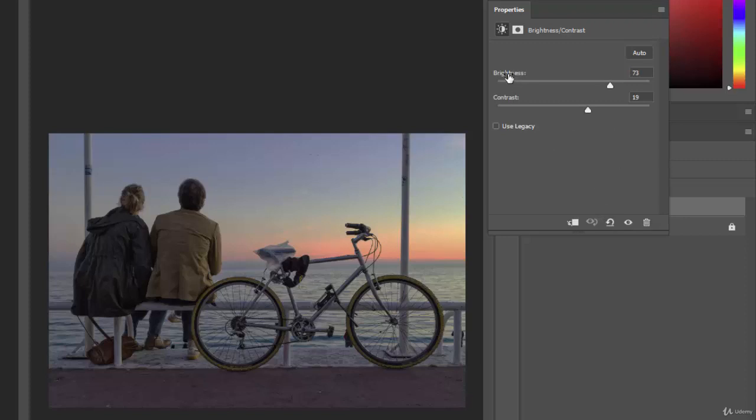You can also double click on the names here and reset just that one to 0. So if I want to just reset the brightness, I can just double click on brightness and that brings the brightness back to 0. And then finally, you'll notice I have these little arrows. I can actually click on the brightness and I can just drag my mouse back and forth like this